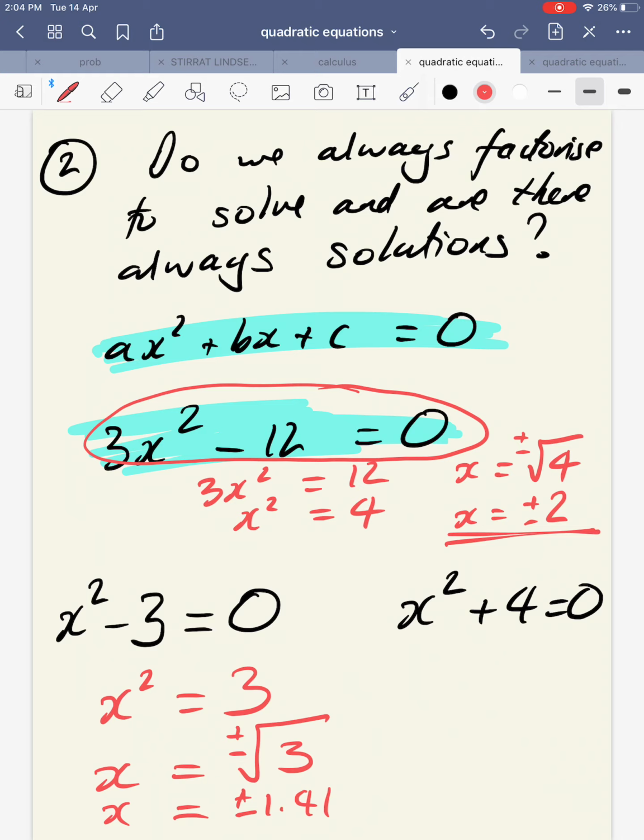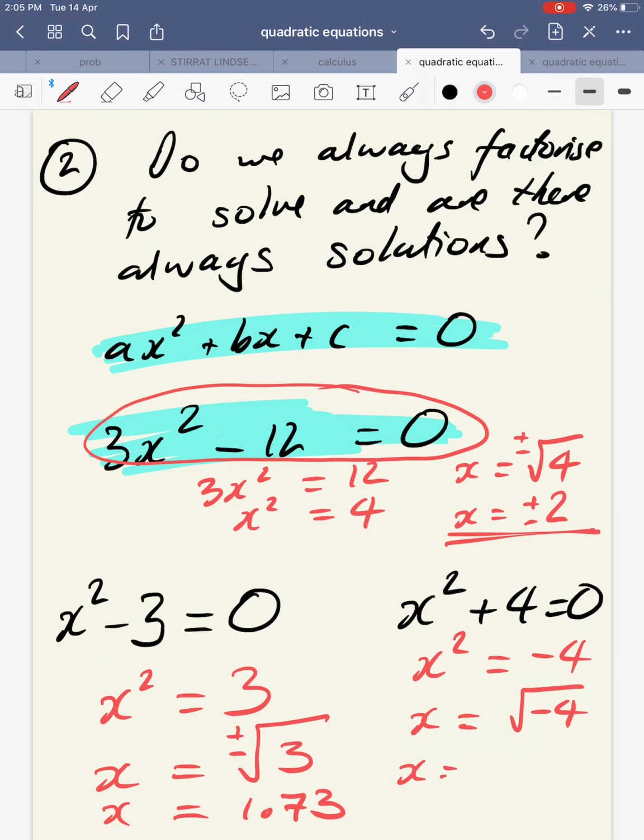I've actually got on my rubbish calculator 1.7, but that's not right, so I'll go to my TI Inspire and I've got it here. Root 3 is 1.73. Aha. Okay, so my little calculator didn't work very well. My big calculator was a lot more accurate, and that is 1.73. And this final question, x squared subtract 4 from both sides, x equals the square root of negative 4,